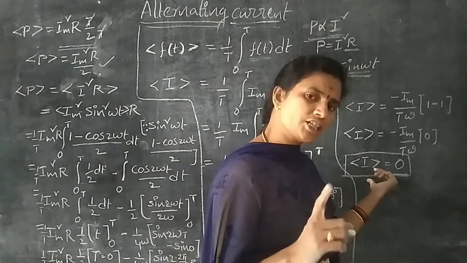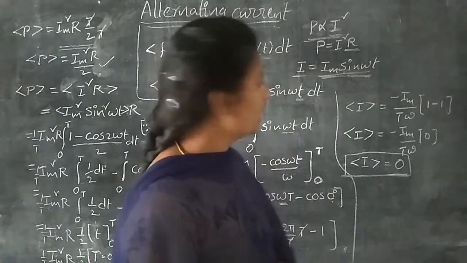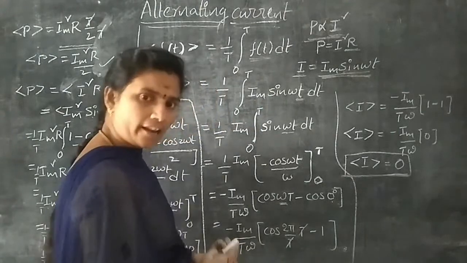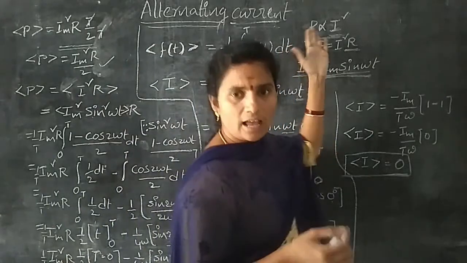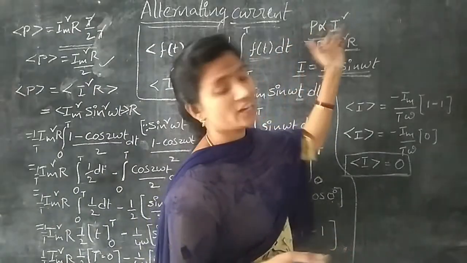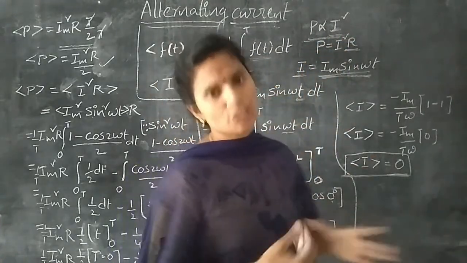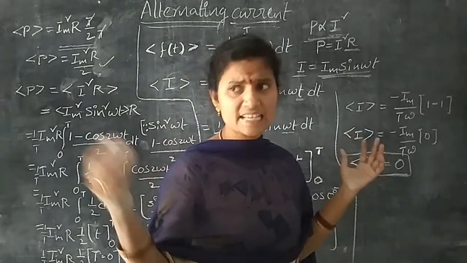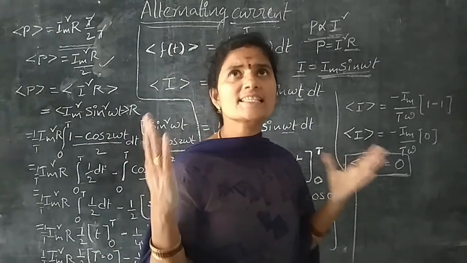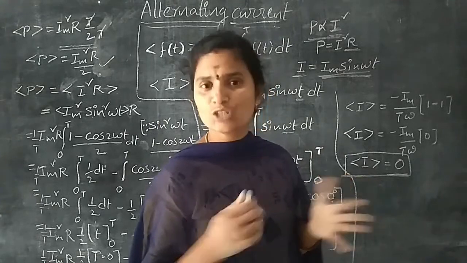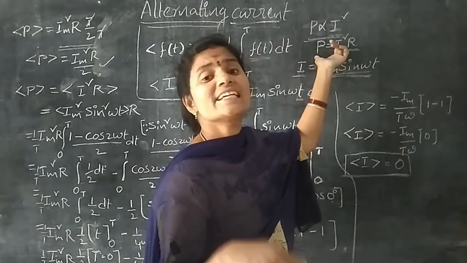For one complete oscillation, what is the average current? It will be 0. Okay, so then what is the power? Already we know that, according to Joule's law, power is directly proportional to the square of the current. So if the current is 0, in household appliances, these are all AC currents, but it has a power. The average value of current is 0, but it has a power. How can we prove that it has a power but the average current is 0?